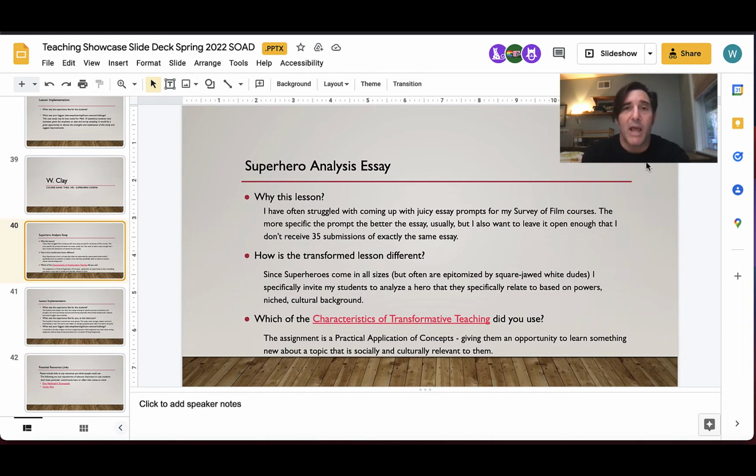This is a practical application of concepts, where I have the students dive into this, look for something that resonated specifically for them, and then go a little bit deeper to pull out that connection and foster that kind of journey.